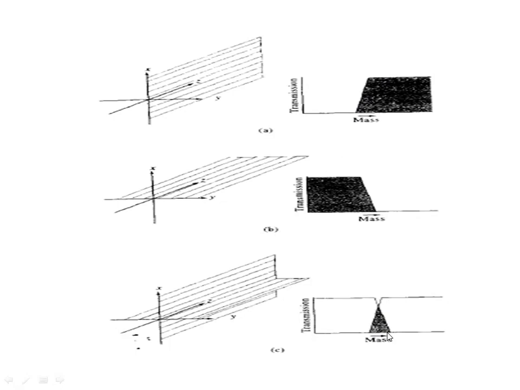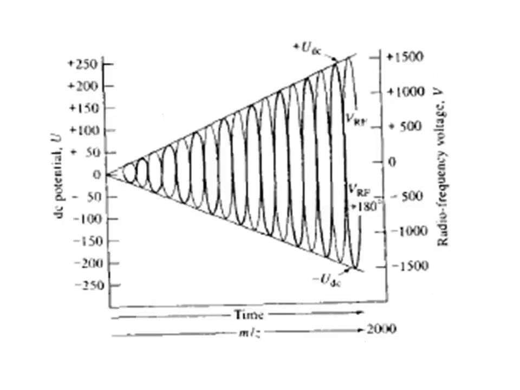We want to sort all those ions, and we want those different ions to reach the detector at different times. To do this, we gradually change the amplitude of the DC as well as the AC voltage. This is your DC potential, which has been shown as U, and this is the radio frequency or AC voltage, which has been shown as V. As I've said earlier, the value of the DC potential is less, while that of the AC potential is very high. It is approximately 6 times higher than that of the DC potential.